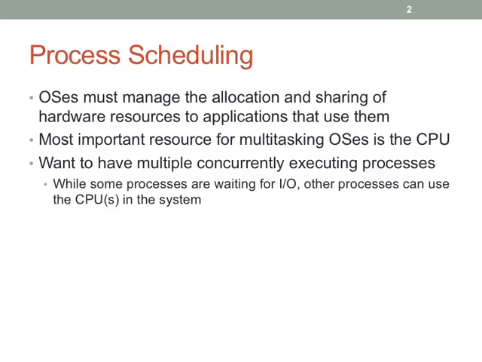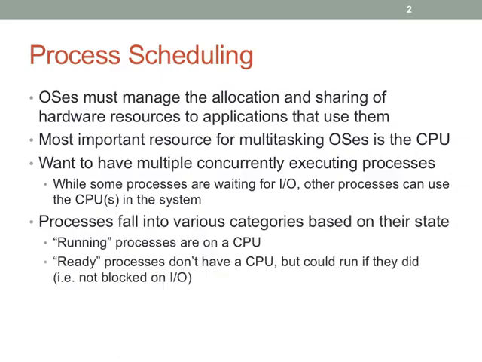I think I mentioned that earlier in the term, probably in the first week: a good process mix means you have some processes that are blocked on I/O, leaving the CPU available for other processes. Ideally those then become blocked on I/O, and other processes that were blocked on I/O are now available to start working on the CPU. So processes fall into various states: running, ready, and then of course blocked,